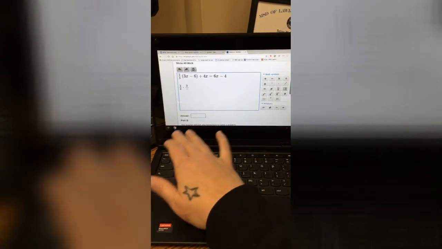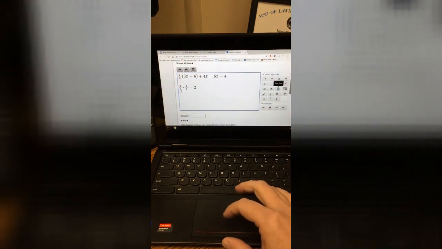Now, I'm not going to have to show my cross canceling. I can simply do my equal symbol. The cross canceling was the work that we're going to show on our paper, which is why we do everything on our paper, but we are going to show that it is equal to 2. And then we're going to do that again for the other side of the work. So we've got